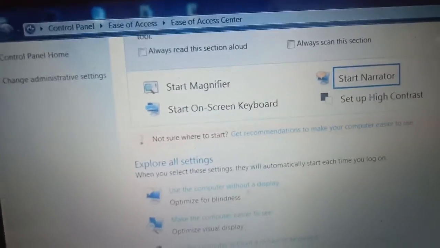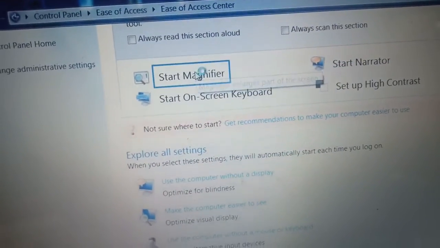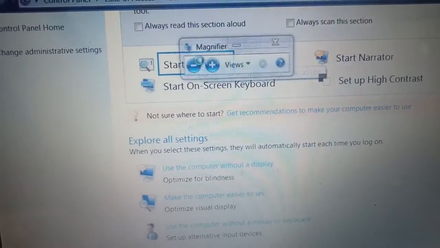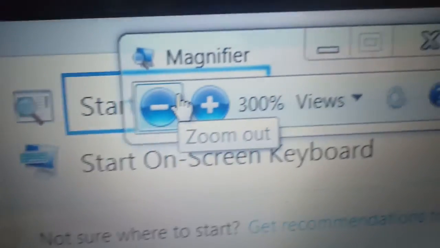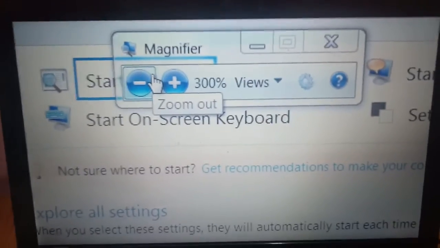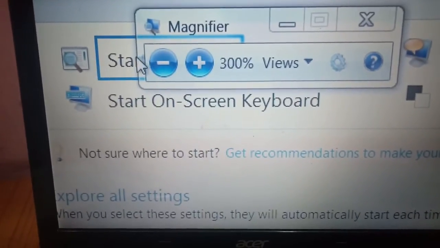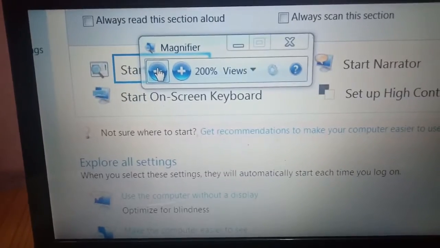When you click on the magnifier option, you can see that everything on the screen gets larger. From the minus point you can decrease the size.